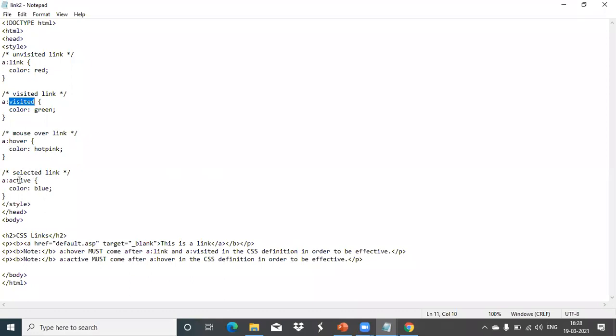That is the active name we have given there. Normally how the link comes when the page is loading, if it is not visited, what is the color of that particular link? If it is visited, what color should it show? When I place the mouse over that link, what color? And when it is active, if we selected that link, what color should it show? Like this, we have arranged this one.